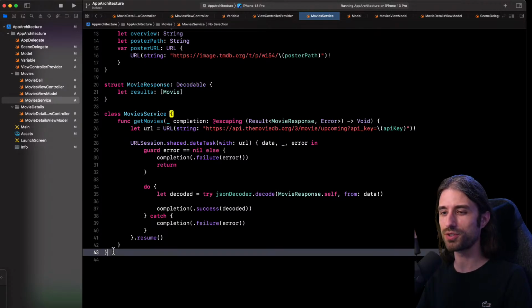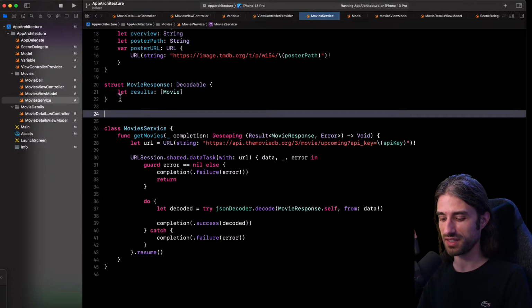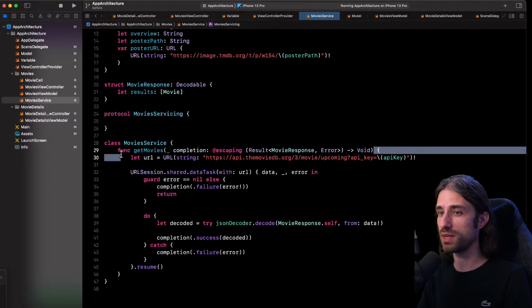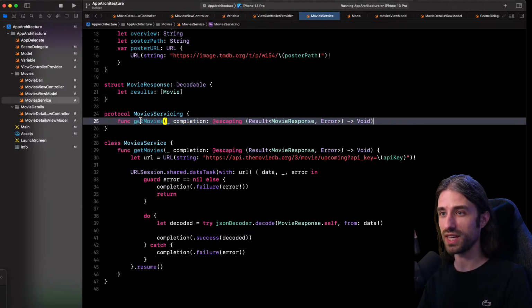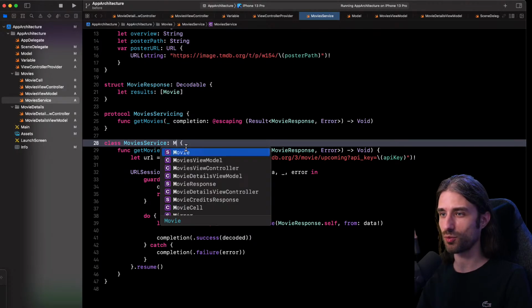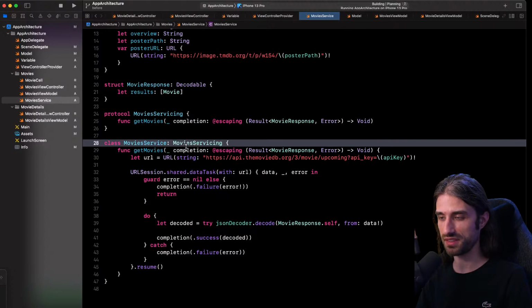The better option is to actually first define a protocol. So this protocol, I will call it movies servicing, and its requirement will be to implement the method to get the movies. And of course, my class movies service will implement movies servicing.